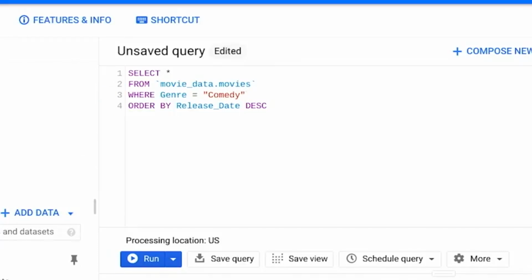Now, if you check out the entire query as a whole, you'll notice that we're selecting all columns. And we know it's all columns because that's what an asterisk means. The from clause specifies the name of the movie database we're using, and the where clause filters the data to include entries whose genre is specified as comedy. And then in the last line, we have the order by clause, which will sort the data we've chosen to filter by release dates in descending order. This means when we run the query, we'll only have comedy movies listed from newest releases to oldest releases. So let's run it and figure out if that's the case.